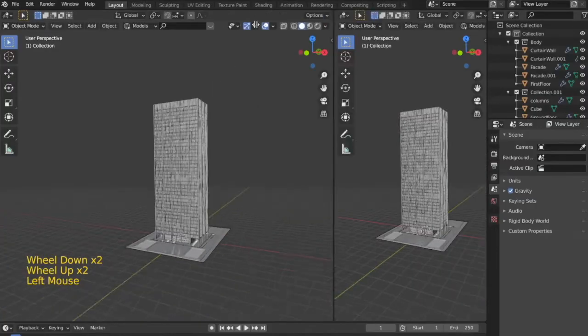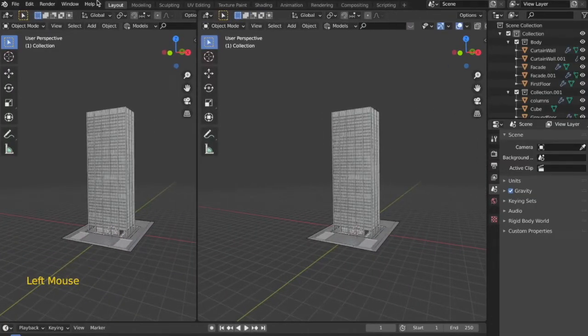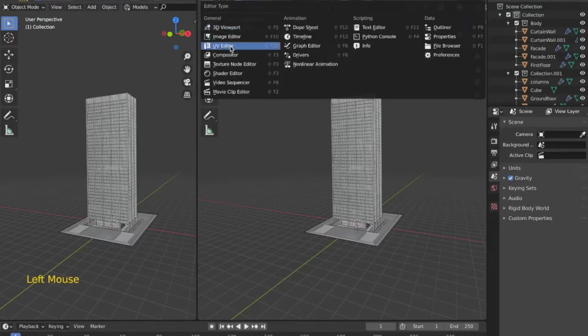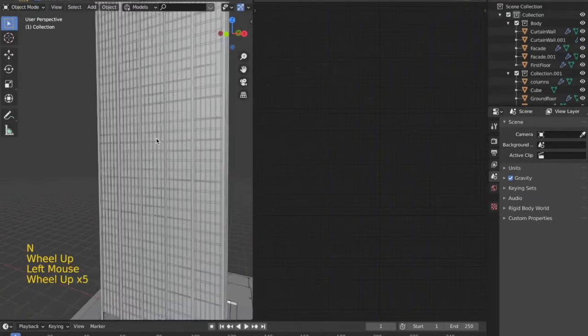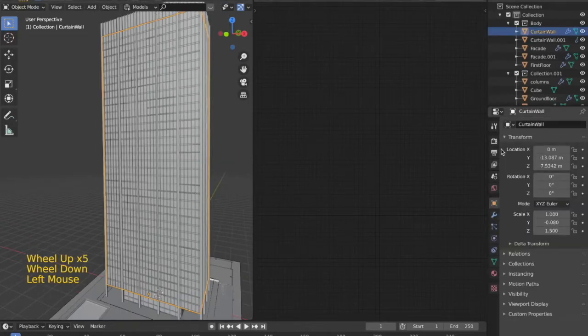The first step is to add material to the basic meshes of the building that we have modeled. The materials are going to be pretty simple and straightforward, which will help us achieve the look that we are really looking forward to.